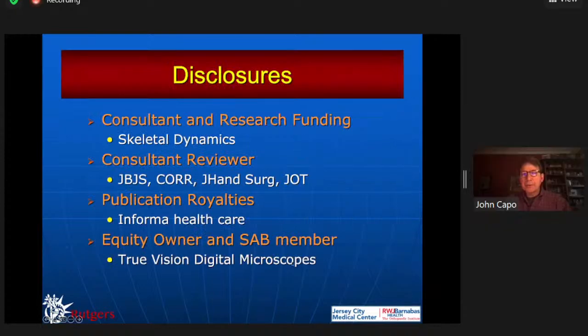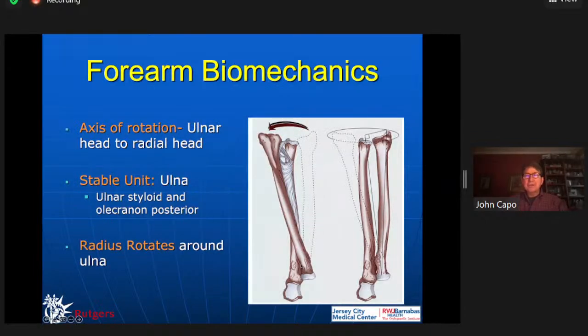Okay, so this is really crucial: the forearm axis, and we've talked about it a couple times. The bones in the forearm act as a joint, and it's different in pediatrics than in adults, but it's really critical to restore this alignment. They're diaphyseal bones, but the shafts have to be lined up appropriately to restore the joint.